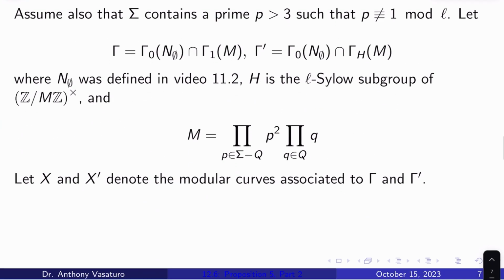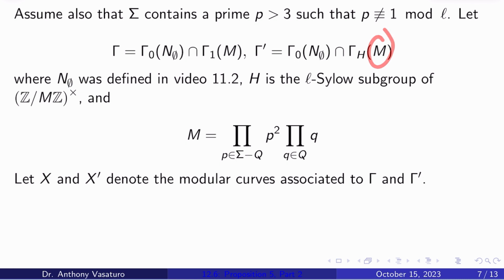Let's also assume that sigma contains a prime P bigger than 3, such that P isn't 1 mod L. Let's let gamma denote gamma not n empty set intersect gamma 1 m, and let's let gamma prime denote gamma not n empty set intersect gamma hm, where n empty set was defined in video 11.12. H is the L-Sylow subgroup of (Z mod M Z) cross, and then really I just have to tell you